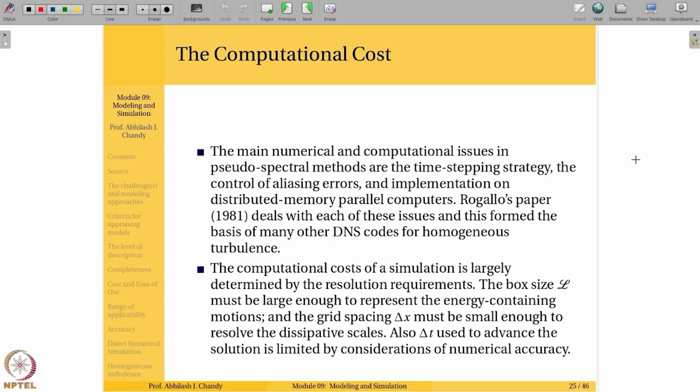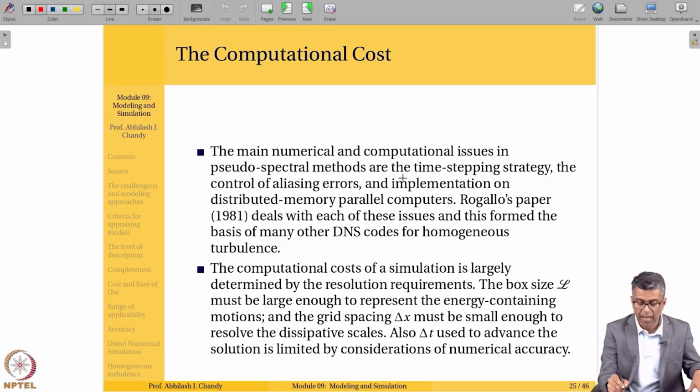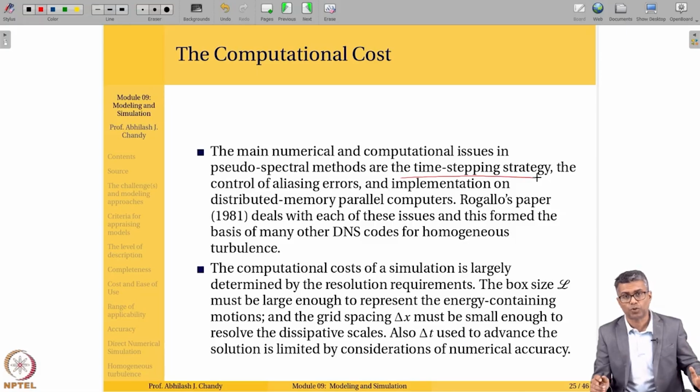So this part of the section where we talk about the computational cost, we had discussed this last class where we said the main numerical and computational issues have to do with the time stepping strategy, control of aliasing errors, and the implementation of distributed memory parallel computers. And Rogallo's paper in 1981 provides a detailed description of all of these issues, including the formulation and strategies and all that. Okay, but let's say our computational domain is this cube, right, of each side L, and you have